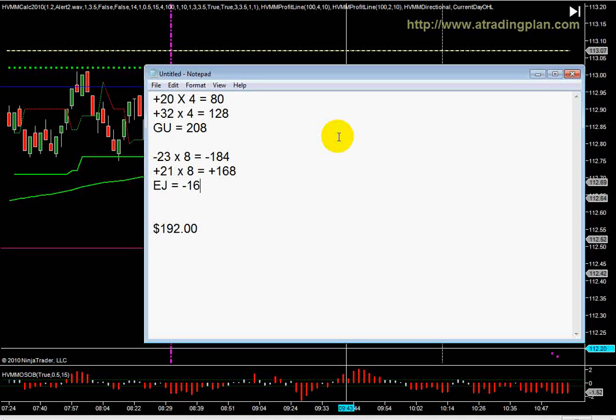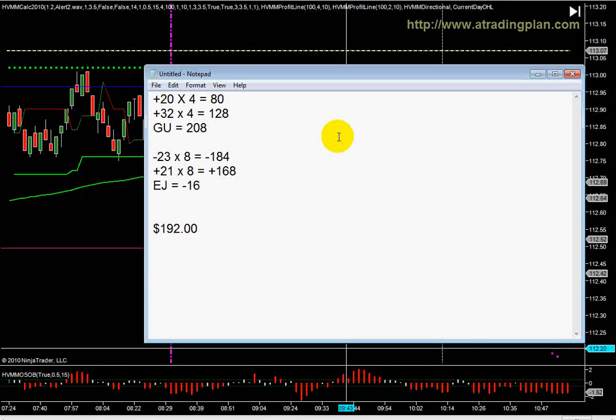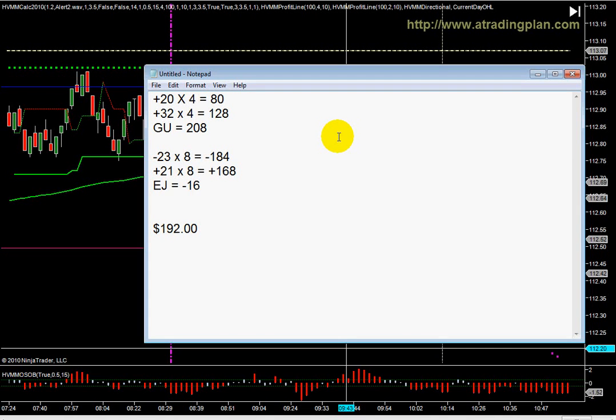Bump that down to, well, if you're going to scale out, you want to split out half. What's half of 9? It's 4.5. So make it easy, go down to 8, right? So now you've got 4 positions on the first exit and 4 positions to trail. And what that's done already by